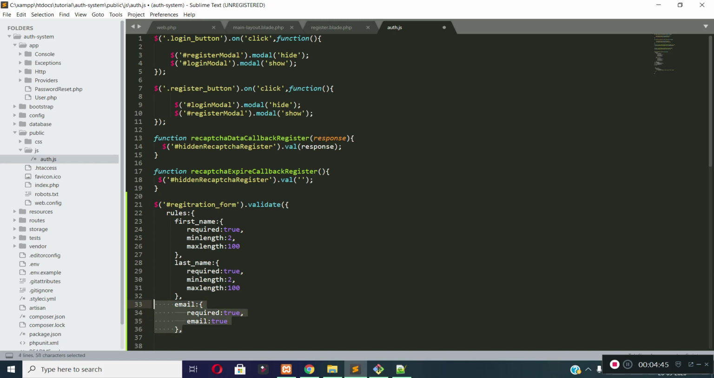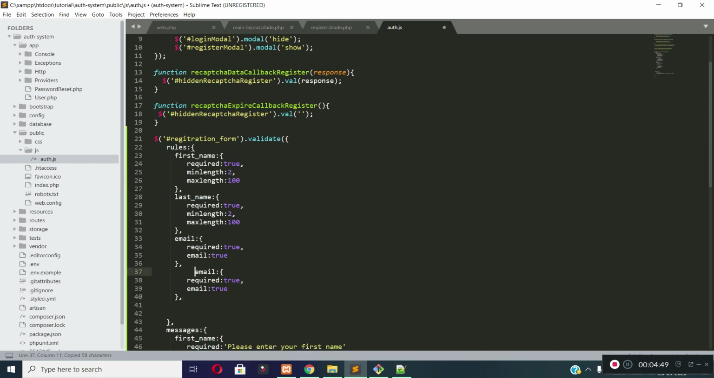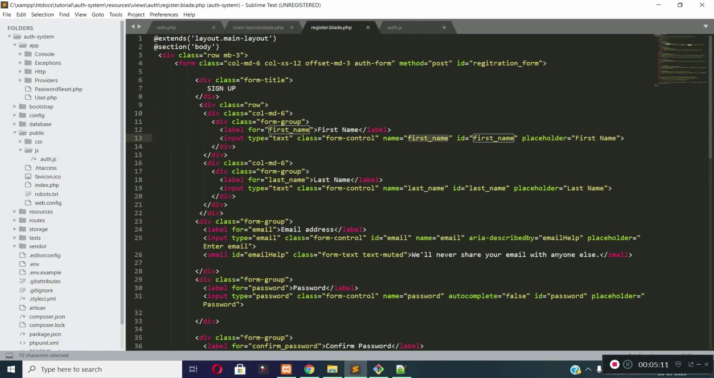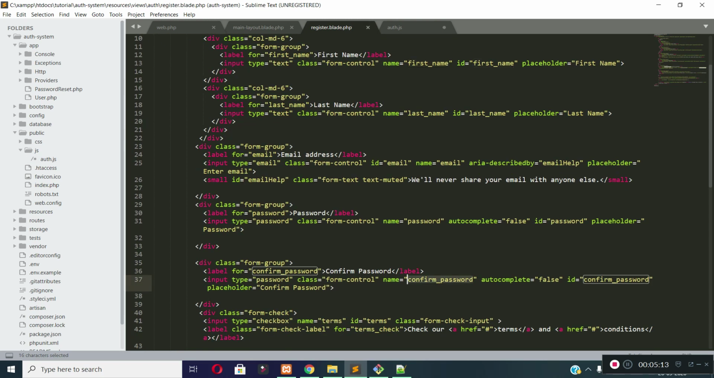And after that I will write the validation rules for password. Our password field should be required, and the min length of the password field should be 6 characters, and the max length should be 100 characters. And then I will write the validation rules for confirm password. The name of our confirm password field is confirm password,